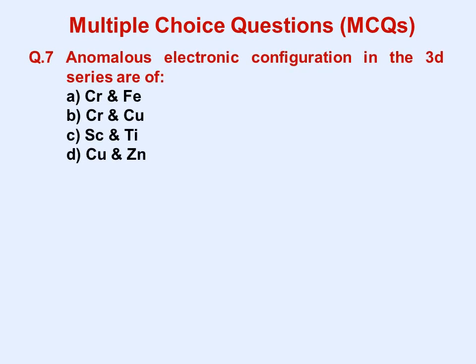Next question number 7. Anomalous electronic configurations in the 3d series are of. Options are chromium and iron, or chromium and copper, or scandium and titanium, or copper and zinc. The right answer will be option B, chromium and copper. As we discussed earlier, chromium and copper show anomalous electronic configurations, that is d5s1 and d10s1, to attain extra stable